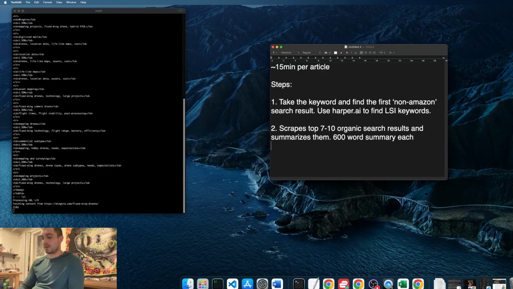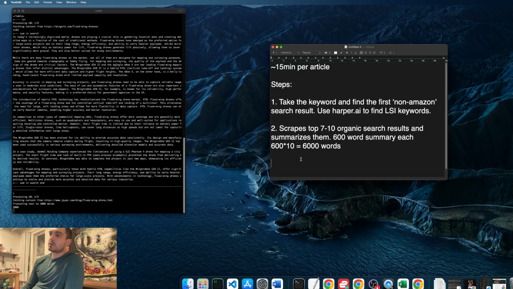So let's say 600 times 10 would be 6,000 words. So basically it has 6,000 words of high density information on your specific keyword. So it takes that, and then number 3 is,